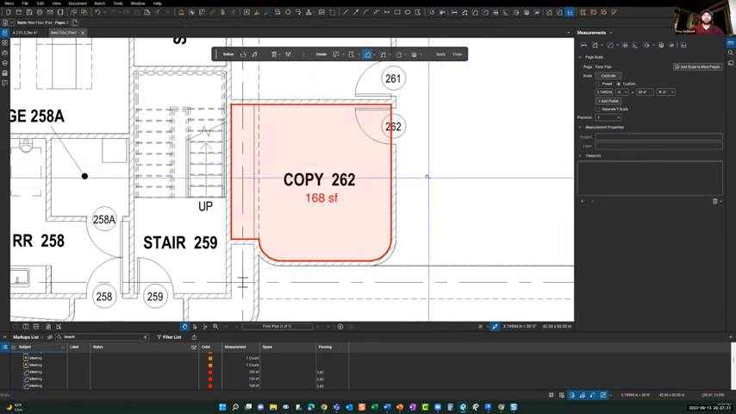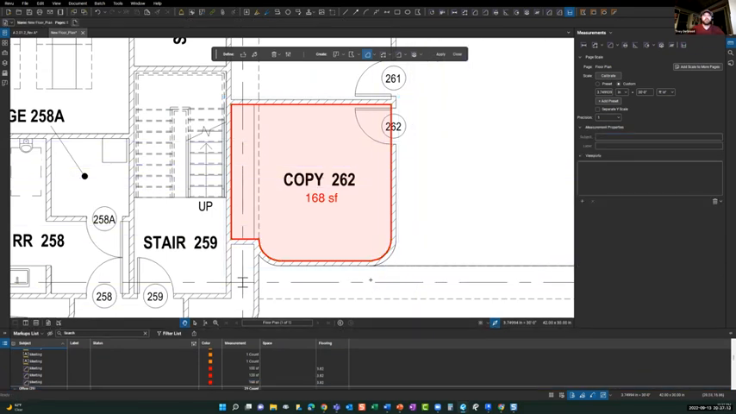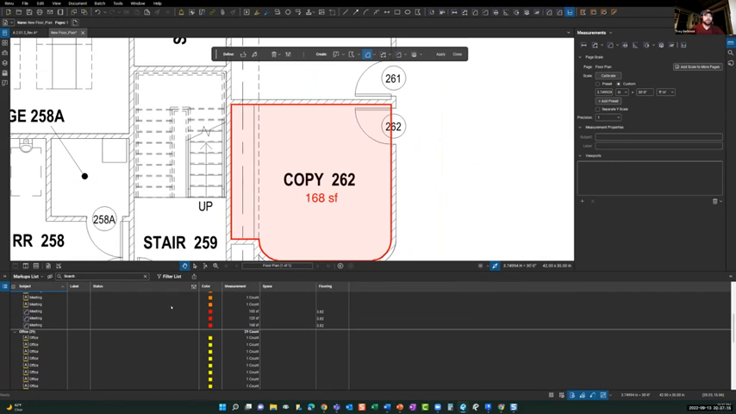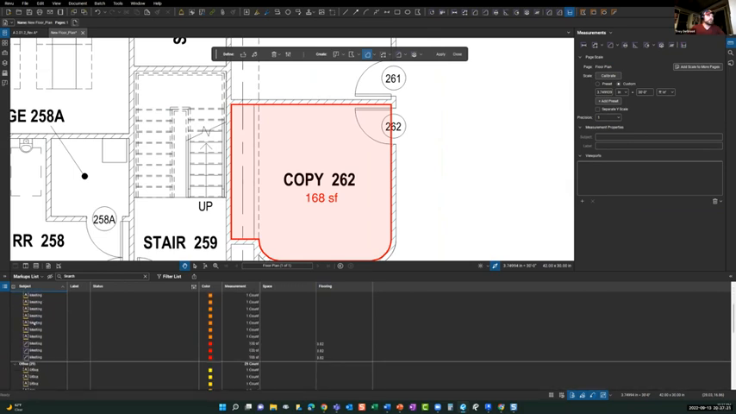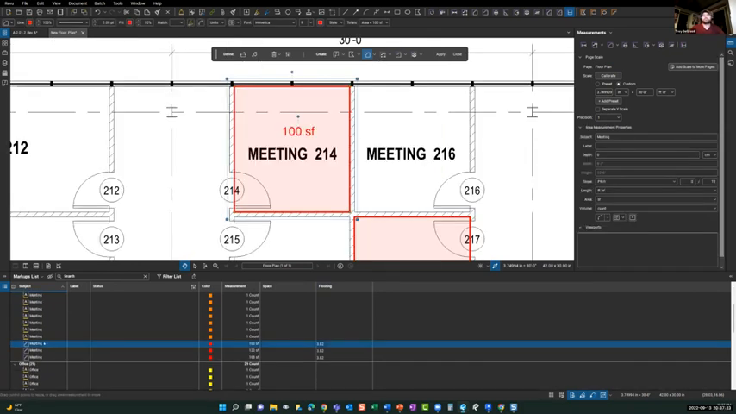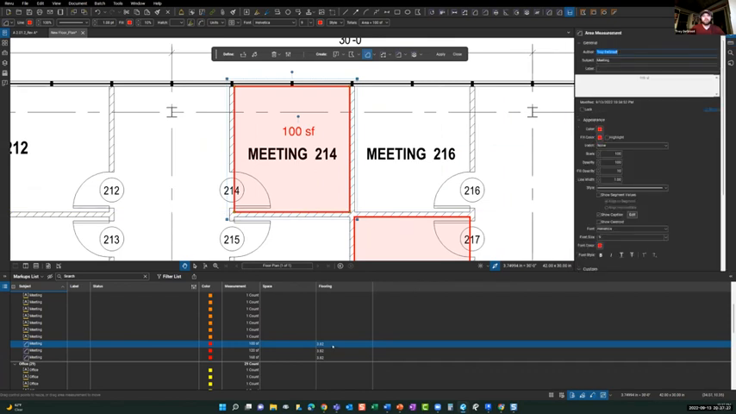So that's dynamic fill. And now what we can show you here is with that flooring, I've got my different area measurements here. And if I go to my properties, if I double click in here, I can select which,